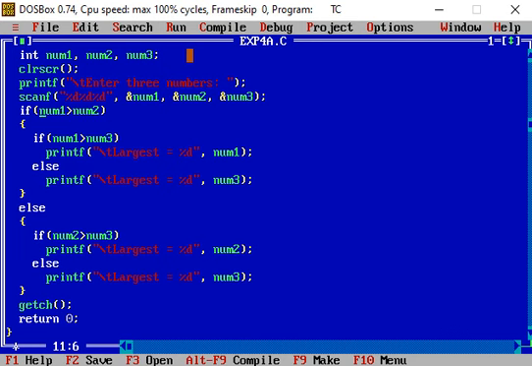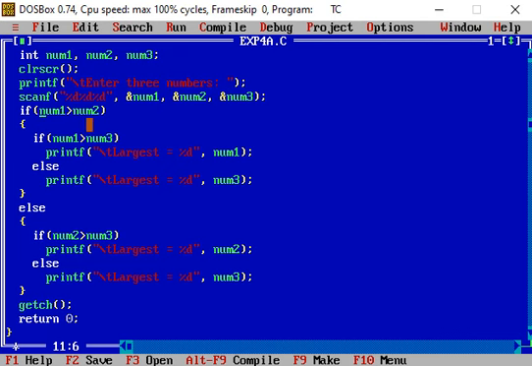The if block is executed. In the if block, we again see that another if else statement is present. So in the condition of the inner if else statement, num1 is greater than num3. num1 is 54, num3 is 12.